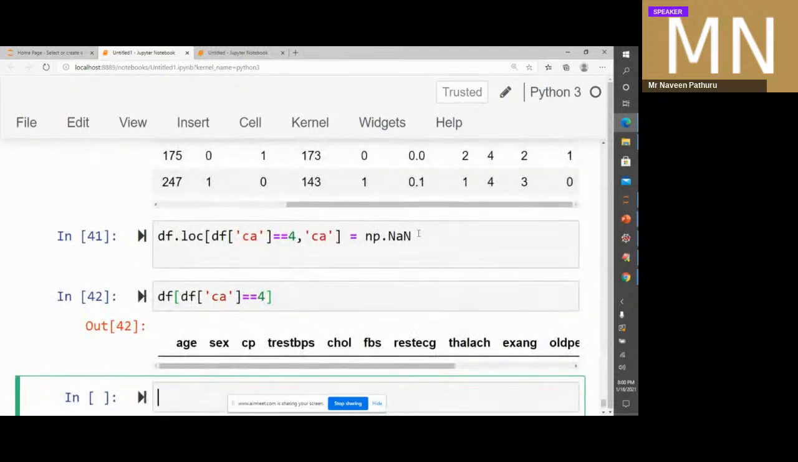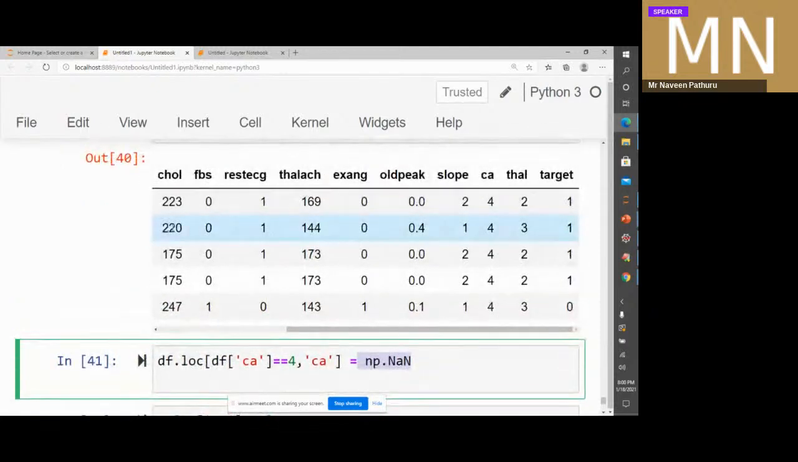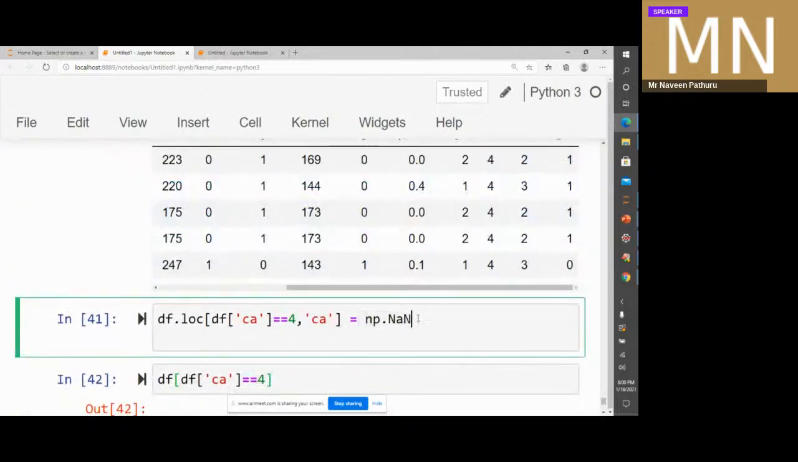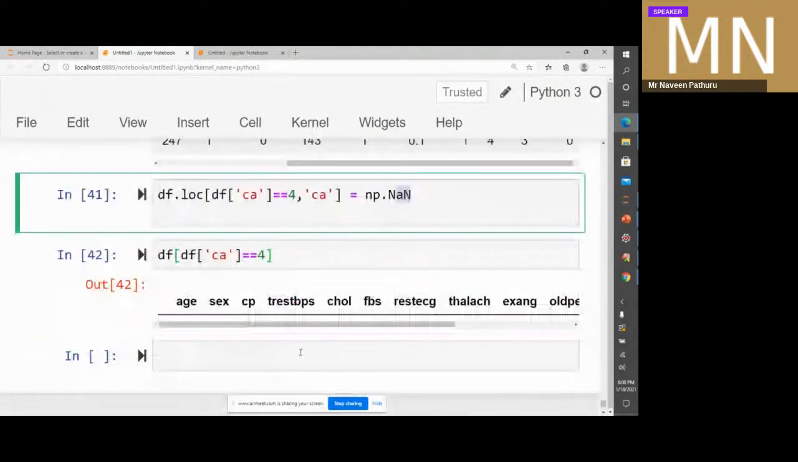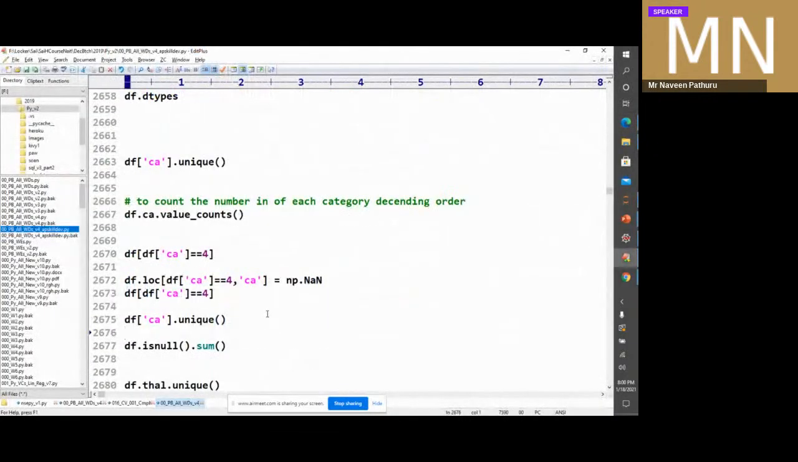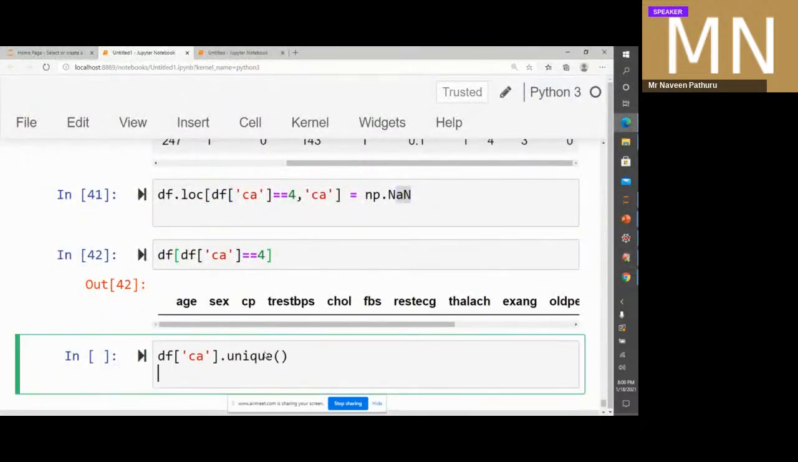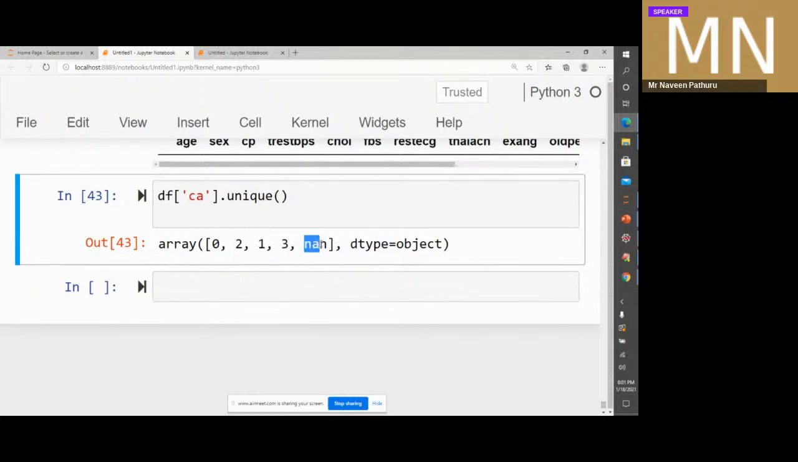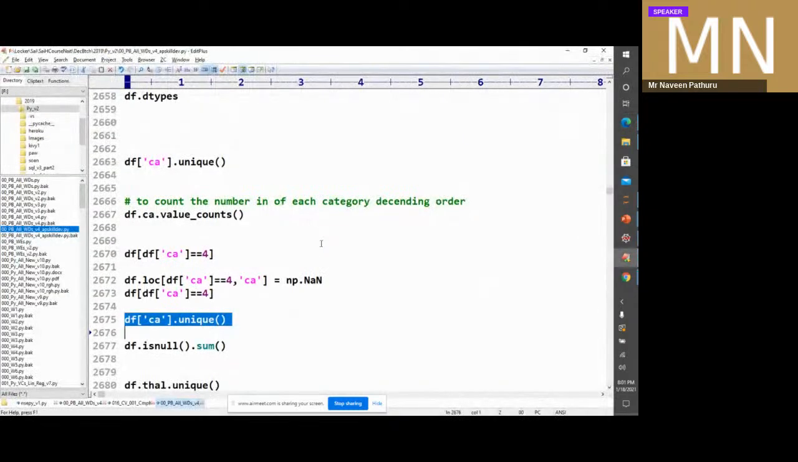So what happened now is, in all these rows wherever CA was 4444, we have introduced a null, np.nan, not a number. It's like a null value, guys. So now if you check for unique, 0, 1, 2, 3, whichever was 4 has become a NaN. We can also